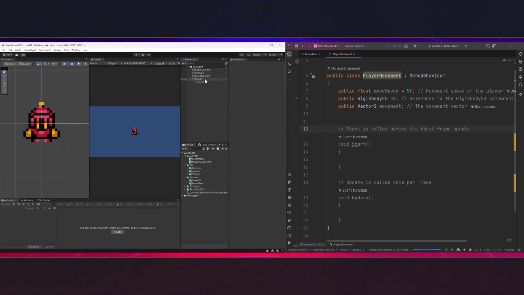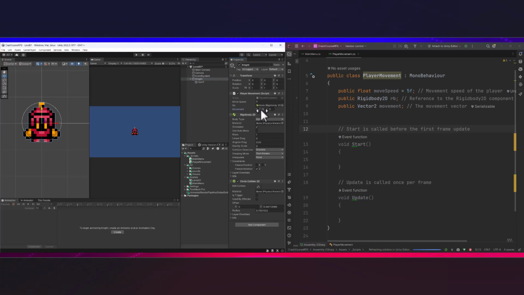All right, so we have our knight selected. You can see we have movement X and Y, right? We did a 2D vector here, so we have our X and Y exposed, and we have a rigid body here. Notice it says none here. So when I press play, there is no rigid body here. I want to get access to this because we're going to be coding the player's movement through the rigid body. So I'm going to pause the video, and inside of here, I'm going to type in some code in the